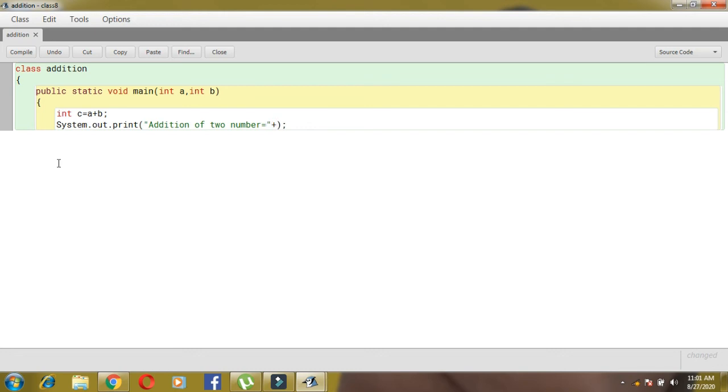Then finally after this, plus. Now this plus is not for addition children. Every time, even for subtraction also you have to use the plus sign. Okay, for multiplication also you have to use this plus sign. It is because see, one group of characters is there, that is addition of two numbers equal to, and beside that only will display our answer. So for that purpose only this plus has been used. Now plus the result is stored in c, so we'll use c over here.